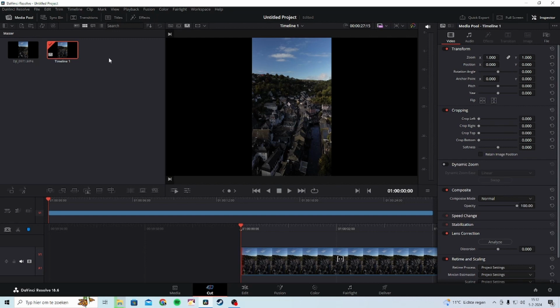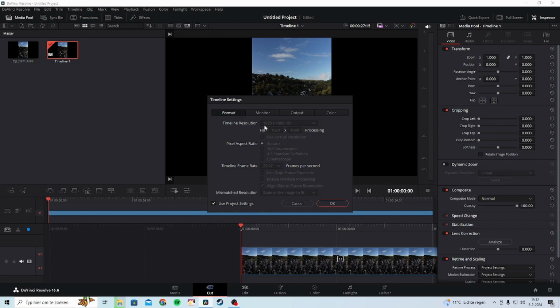In editing we come a bit further to that. We've just imported. You can see the video. One thing, it's a vertical video and not a horizontal video. So one thing we need to do is to go to timeline, the red box or the orange box, right click it, go to timeline settings, go to format, so the first page,